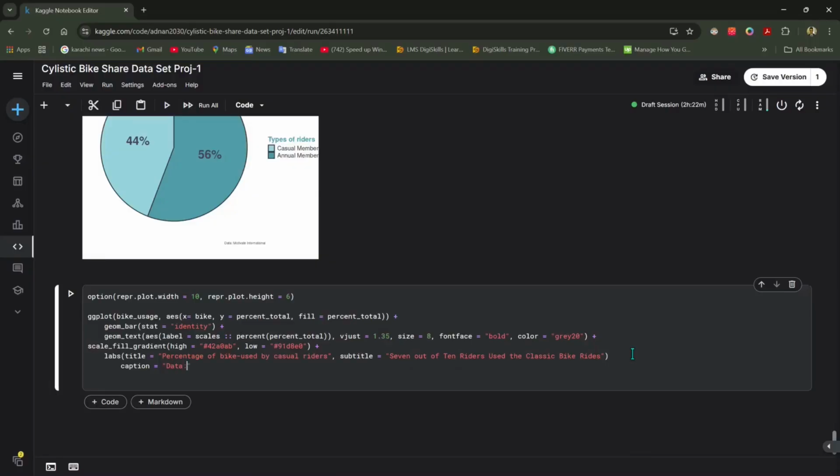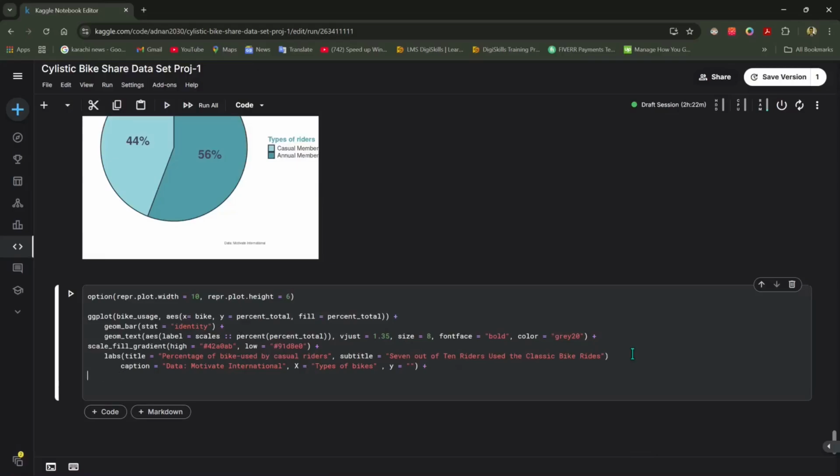Same as above, data from Motivate International, and x equals to types of bikes, and y here we don't need to give any value. Okay, so it is going to be blank and plus